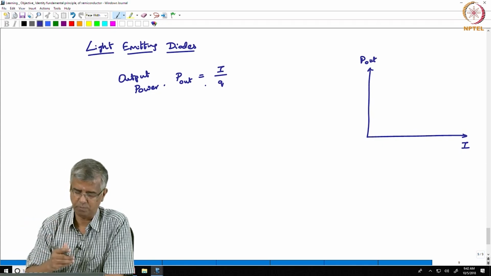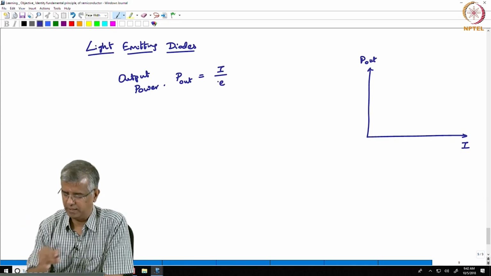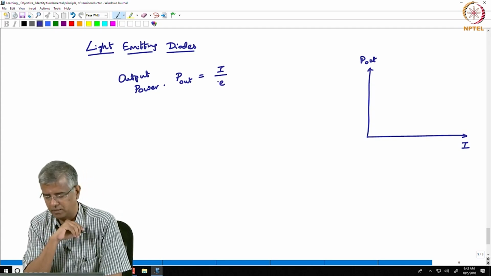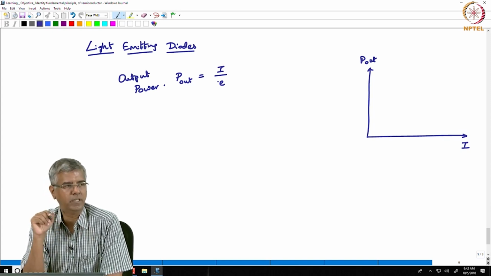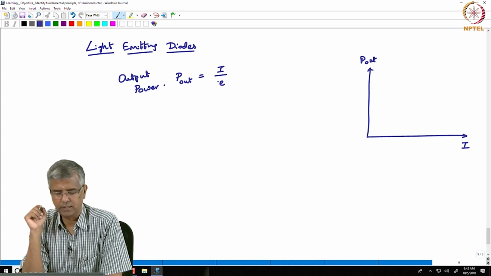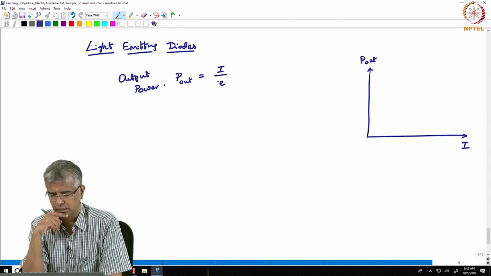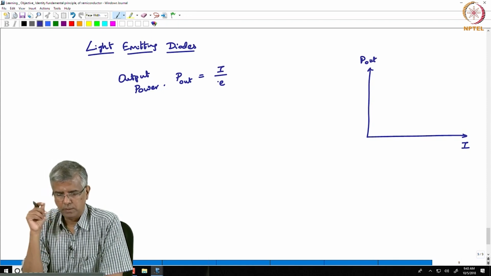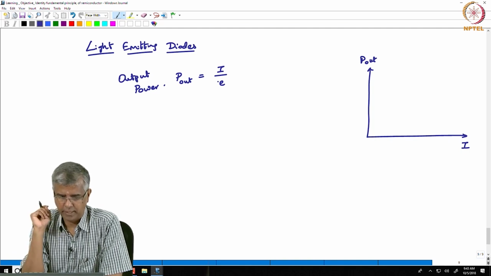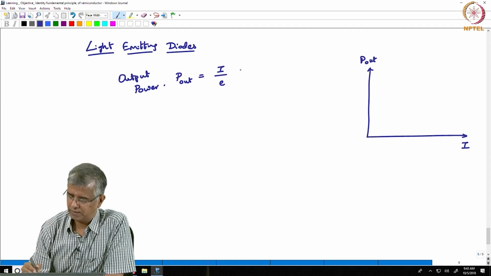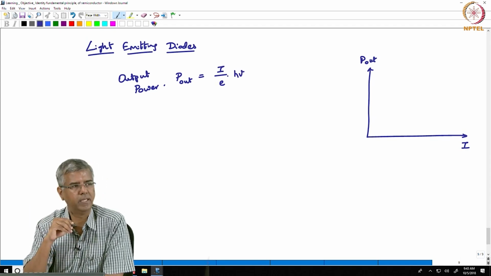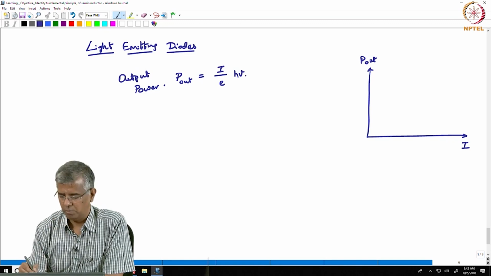We have been putting E as the electronic charge, so that we can remain consistent with respect to that. So, I over E represents the rate at which current is injected into this region. Now, that talks about the rate at which carriers are injected into the structure, and these carriers would have to recombine and give you light with energy h nu, multiplied by